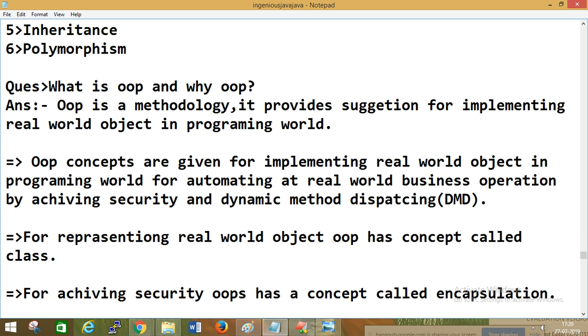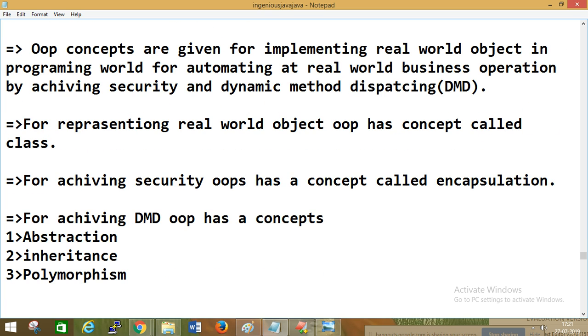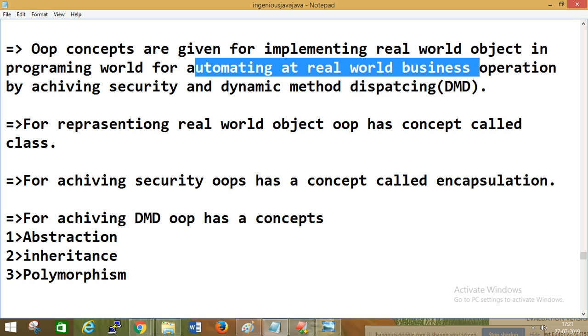So I have just given some definitions of what OOP is and why OOP. OOP is a methodology. It provides suggestions for implementing real world objects in the programming world. OOP concepts are given for implementing real world objects into the programming world for automating a real world business. All are businesses, right? E-commerce, net banking, IRCTC, Redbus,